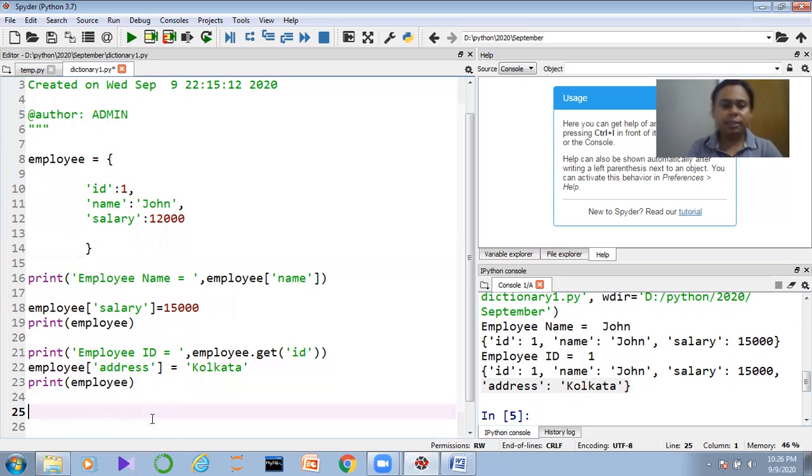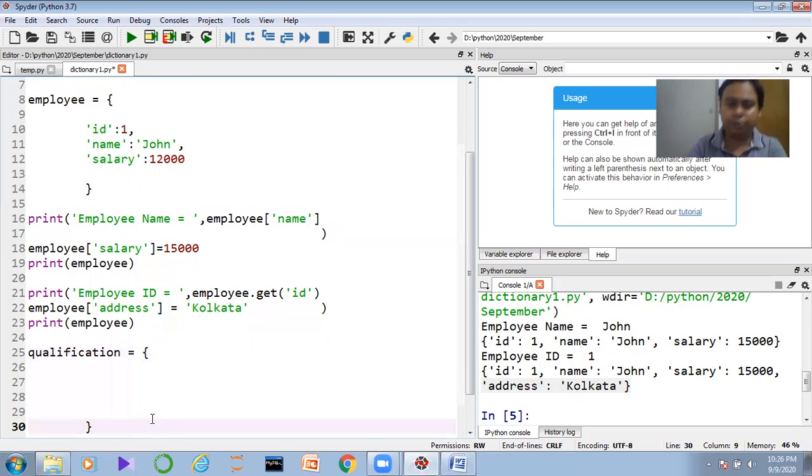Now guys, suppose I have an object called qualification. In the qualification, I define two qualifications here. Qualification 1 is BCA. Qualification 2, which we have defined here, is MCA.